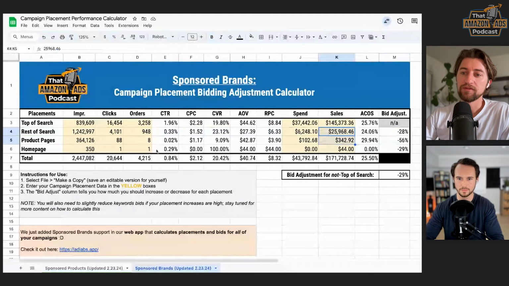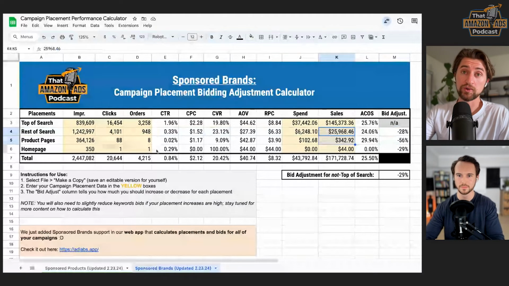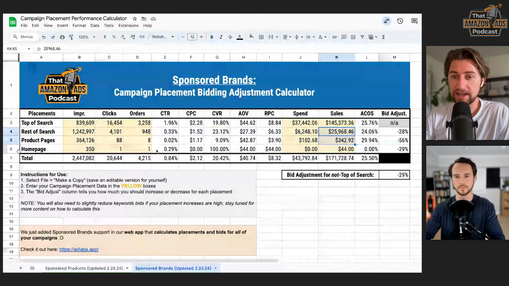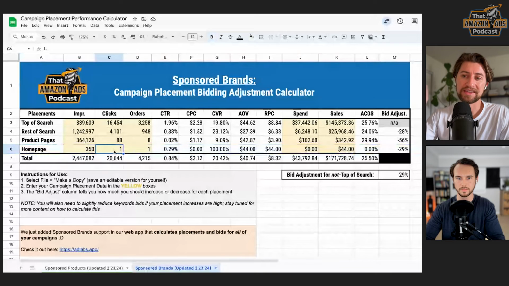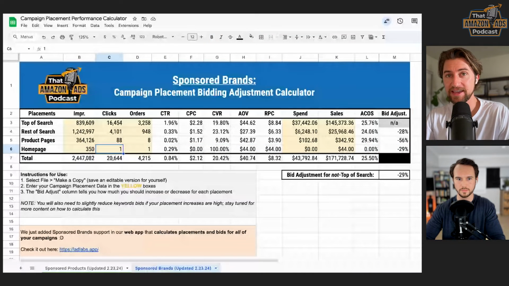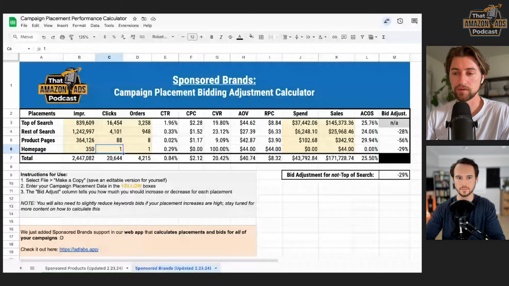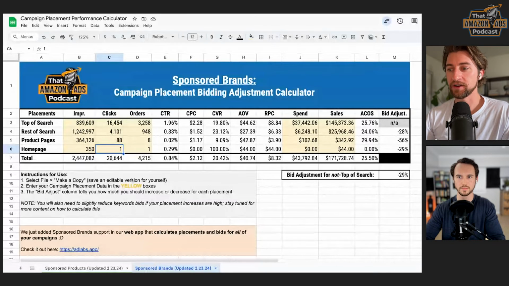Now, if you're wondering, what do we use to calculate the data confidence? It's a pretty simple formula, but we say that each placement must have at least as many clicks as the average clicks to orders ratio for the total data.